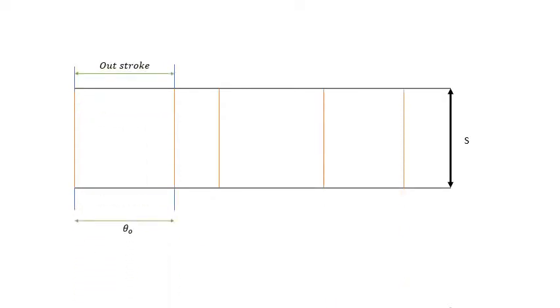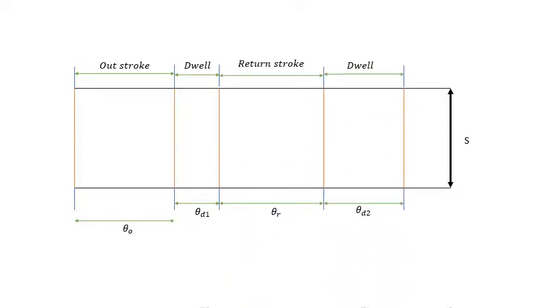So the initial procedures are similar to the previous three cases. That is, first we have to draw the two horizontal lines whose distance should be equal to the stroke length. Then we have to split these horizontal lines into different strokes. The first one is the outstroke, the second one is the first dwell, the third one is the return stroke, then the second